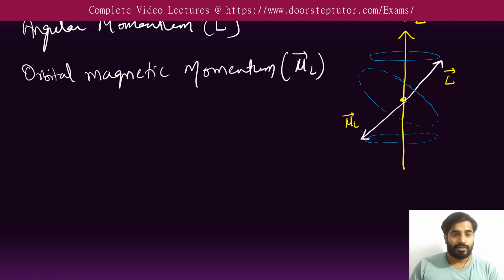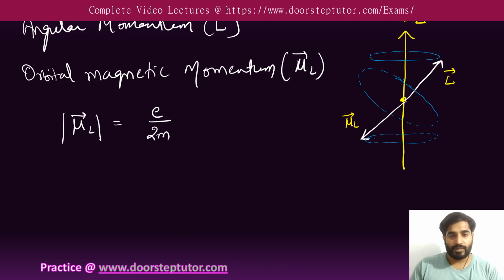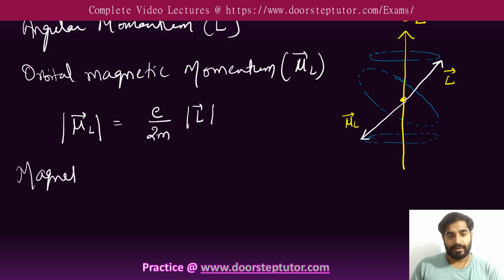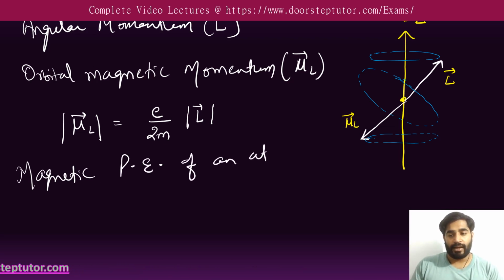And the relation between them is: we know the magnitude of mu L equals e over 2m times L. If we remove the magnitude sign, these are opposite because of the sign of the electron. So what is the magnetic potential energy of an atom in the presence of a magnetic field? It is E equals to mu L